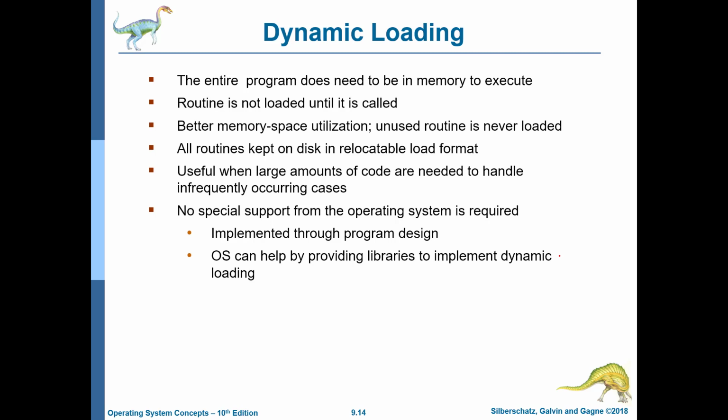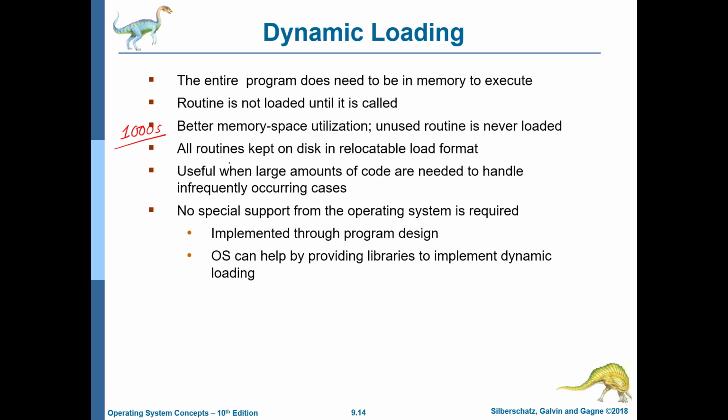Now let's come to dynamic loading. So this was static, the entire process. Dynamic loading is essentially dynamically loaded libraries, where the entire program does not need to be in memory to execute. A lot of functions and libraries are not loaded until they are invoked, until they are called. This of course reduces the size of the dynamic footprint of the program. For example, in a C library you can have thousands of functions. If you link all of them, all their code will come into the binary, which is not required. If you are calling only two, only those two will come, but we don't know which two they are, so we wait for runtime.